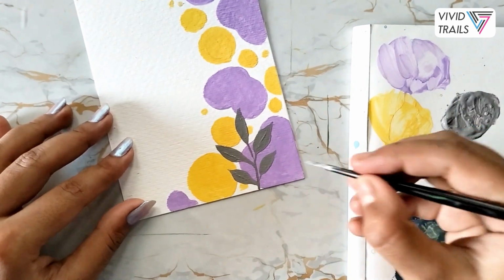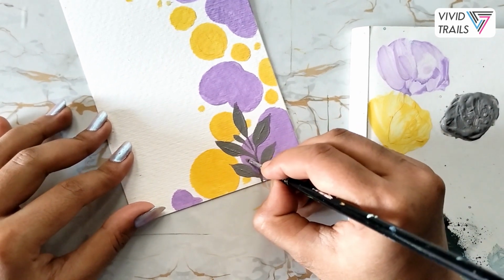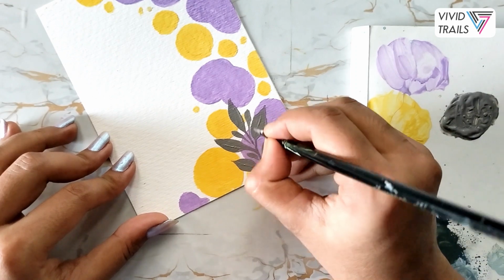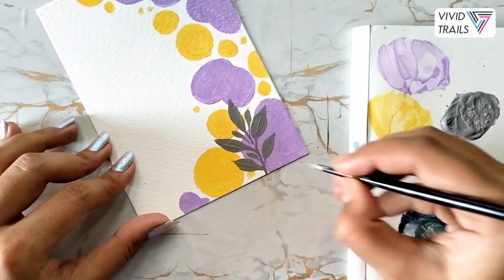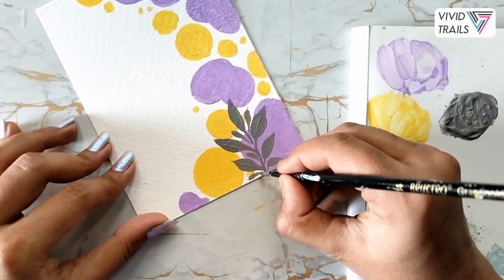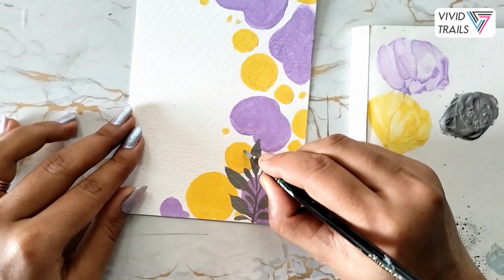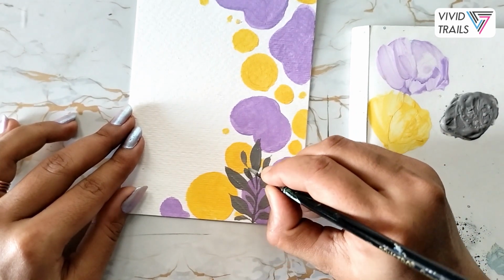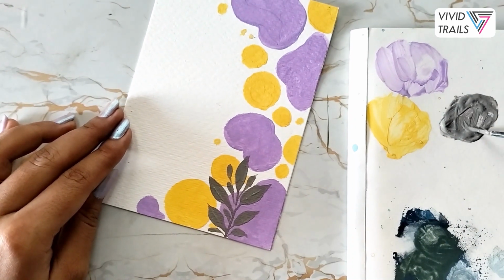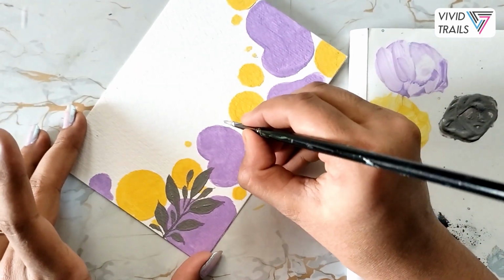And I'm going to also go for a few in-between leaves as well, wherever I find that space. Not necessary, but it just fills up the composition a bit more. Again, different sizes, play around with the variety. And yeah, I'm happy, and I'm just going to move somewhere around here to add another leaf